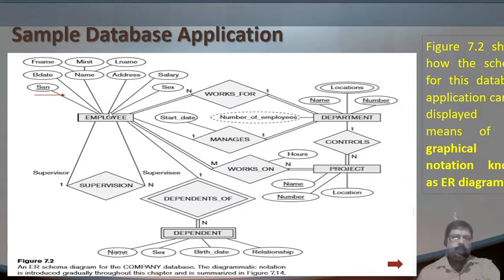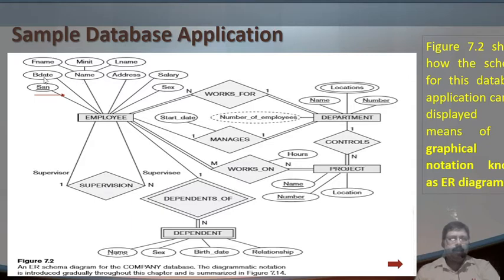Now consider this employee, it is given in a rectangle, correct? Department, project, dependent. There is a difference between these, but I will not discuss it now. We will discuss a topic called ER diagram notations, and at that time we will discuss what that difference is. Here the things given in rectangular boxes are all entities, and address, name and so on are given in oval shaped boxes. These represent attributes.